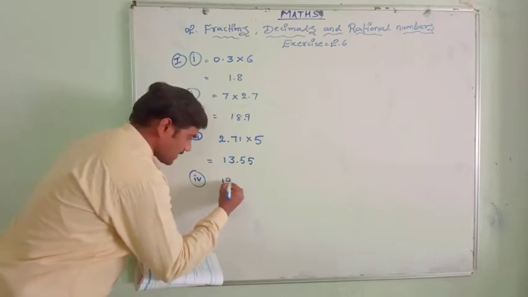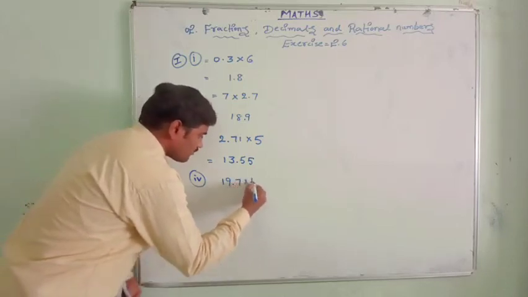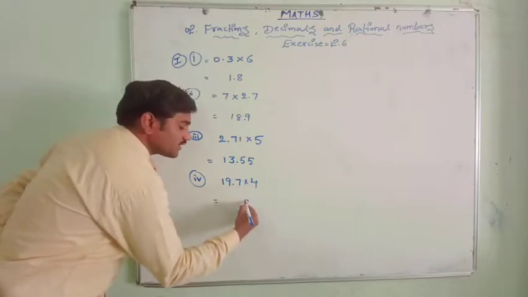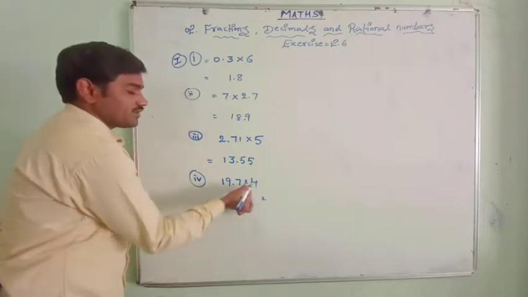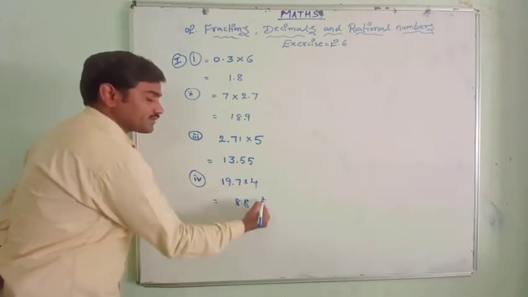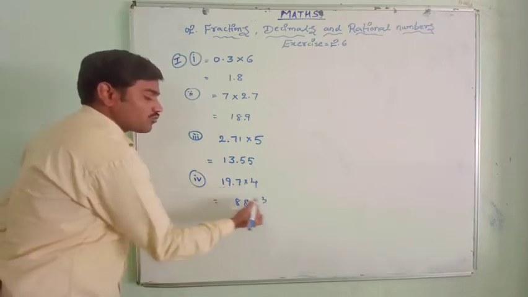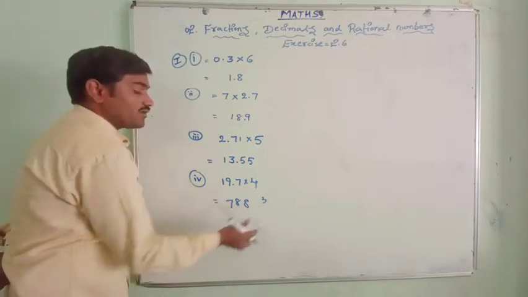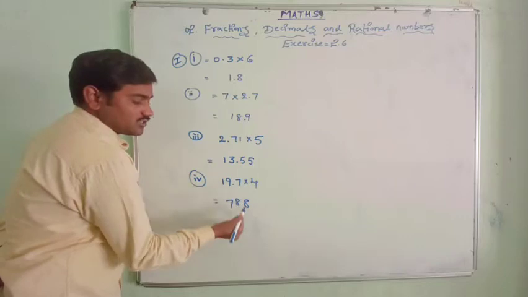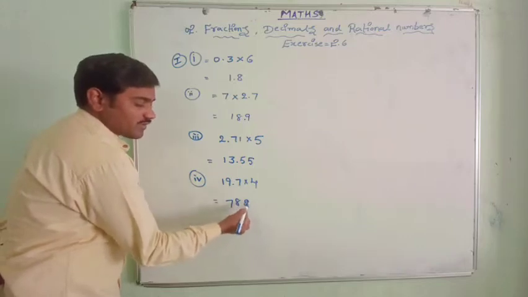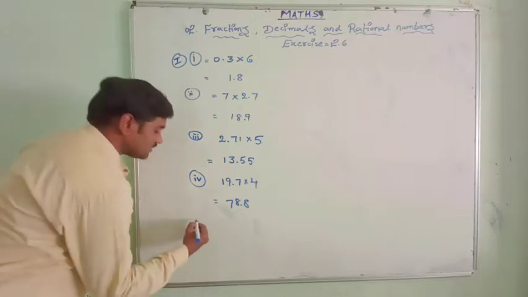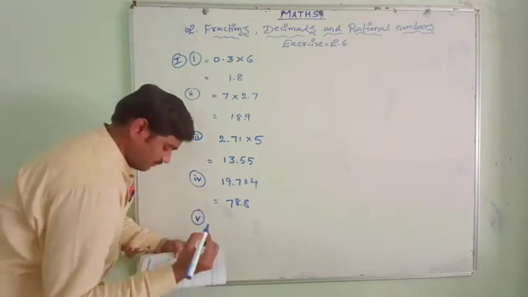That is 19.7 into 4. 4 sevens are 28. 2 carry. 4 nines are 36 plus 2, 38, 3 carry. 4 ones are 4 plus 3, 7. How many decimal digits are there? Let us count now. Only one decimal digit. So we have to count one digit from the right side, that is 78.8. Yes. Now the fifth one,